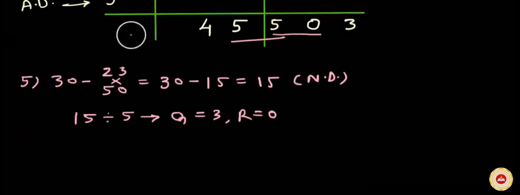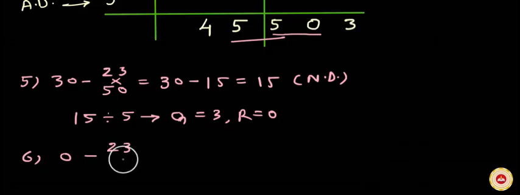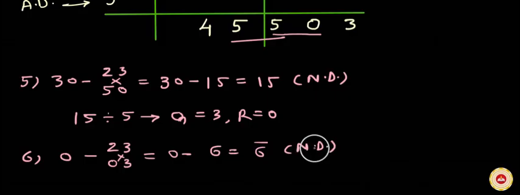Let us calculate the net dividend. Step number 6. 0 is the gross dividend. Subtract the cross product of the two flag digits and the last two quotient digits, 0 and 3. Calculate the cross product, which gives us 0 minus 3 2s are 6, which is minus 6. Minus 6 is the net dividend, which we don't want. We want a positive net dividend.